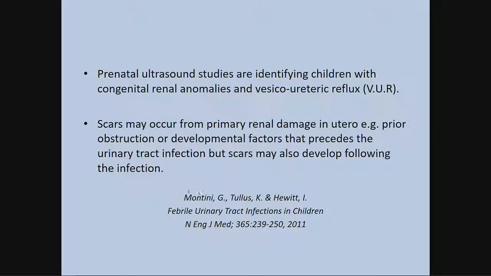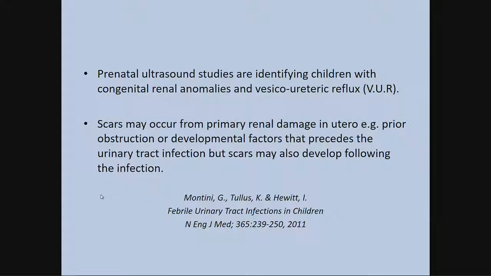And they acknowledge that prenatal ultrasound studies are identifying children with congenital renal anomalies and reflux, and that scars may occur from primary renal damage in utero. That is, for example, prior obstruction or developmental factors that precede the urinary tract infection, but scars may also develop